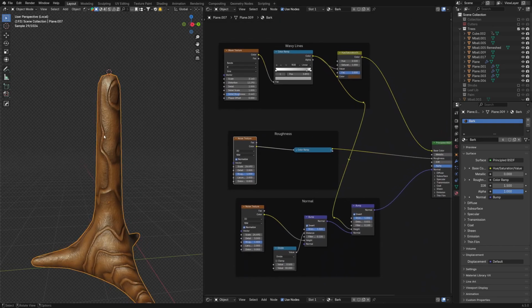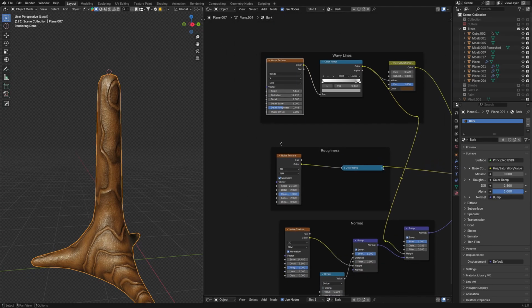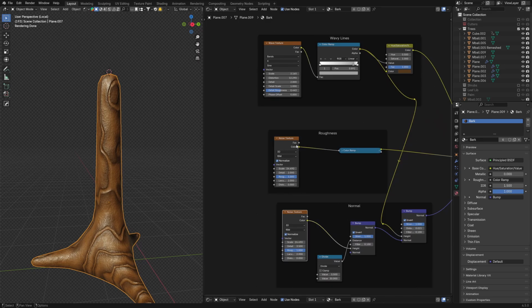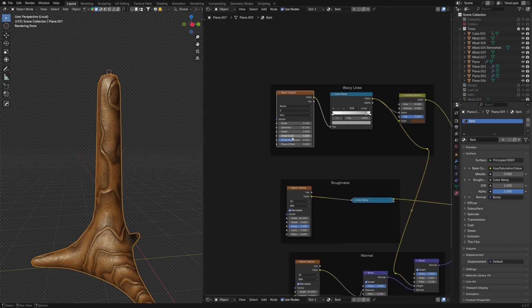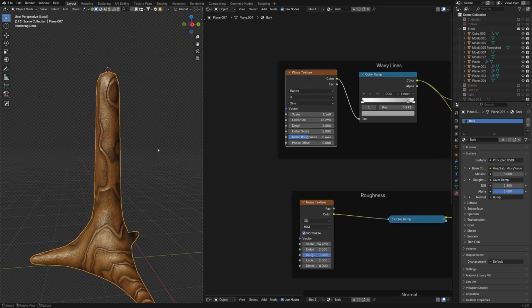It will probably be different based on your model, and with these, it's all being driven really by these three textures here: noise texture, and a wave texture. Some of my favourites, that and a Voronoi texture. You can pretty much do anything, but you can see how powerful this is, because I've kind of positioned this,